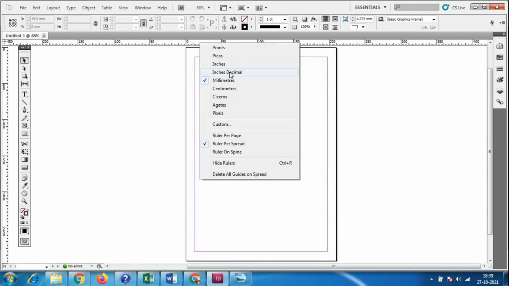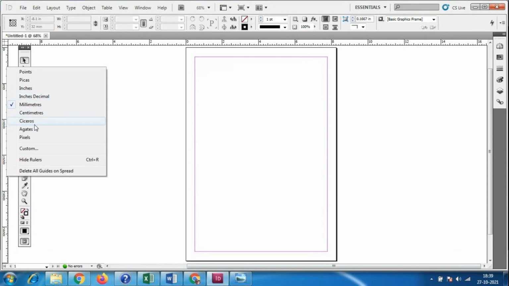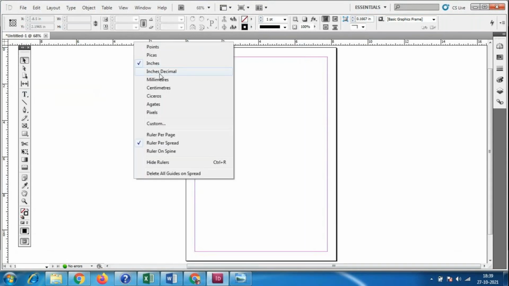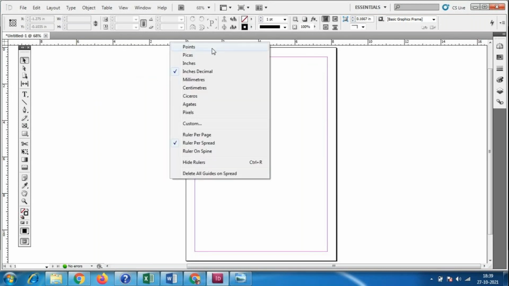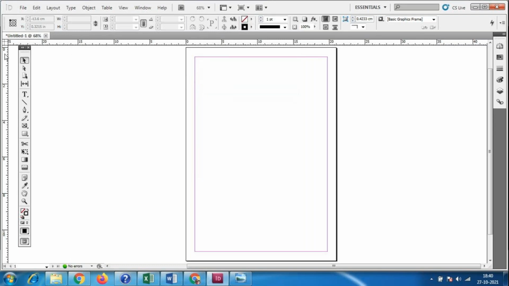So we are always using the inches option, and you can give the inches. Again, if you click here, we have inches and decimal options, both are there. Whatever the constant size is, according to this we will take centimeters. According to the ruler we will take this option.